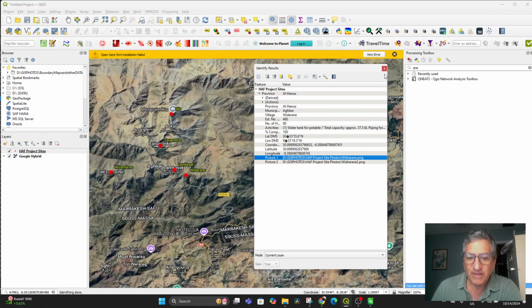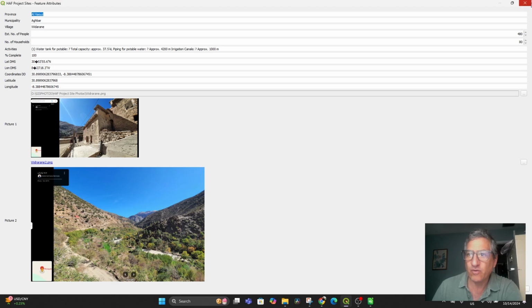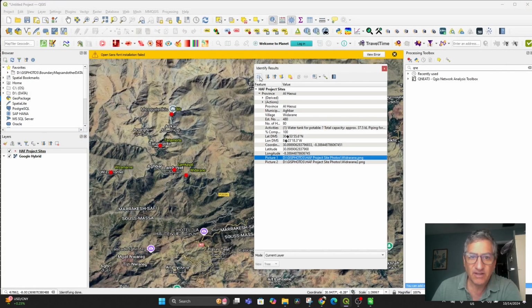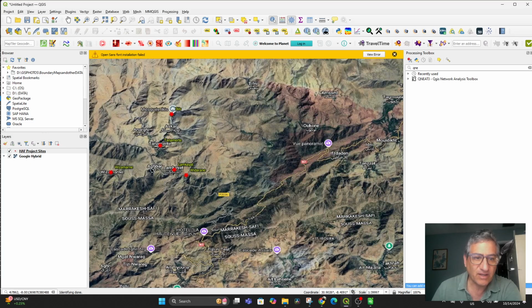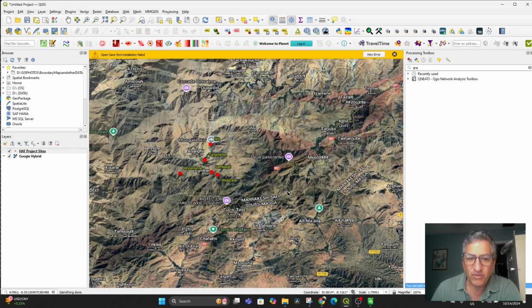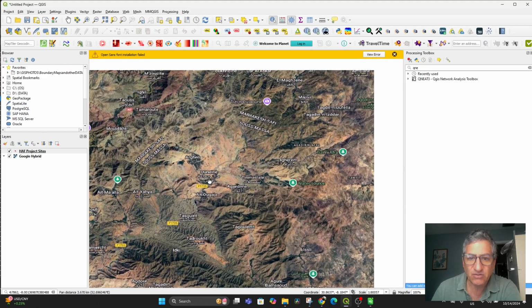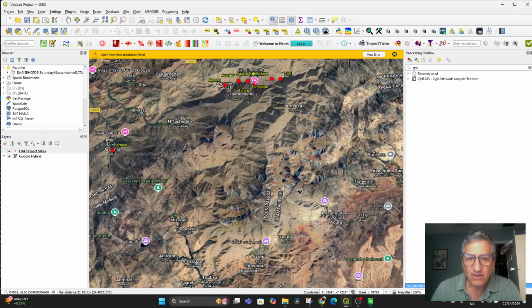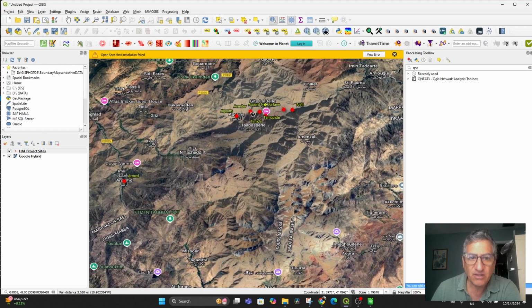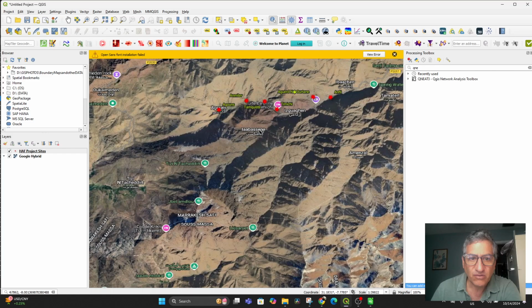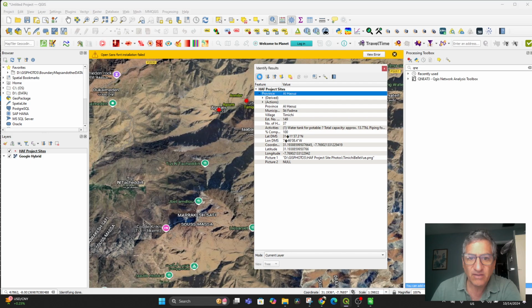Another way to do it is to go to the feature form that way. This little thing here, View Feature Form. If you don't want to right-click on this, just view the feature form like that. So let's take a look at, what was another one that we put pictures in? We have pictures in Tamichi. So where is Tamichi? There it is. So now click on there and,